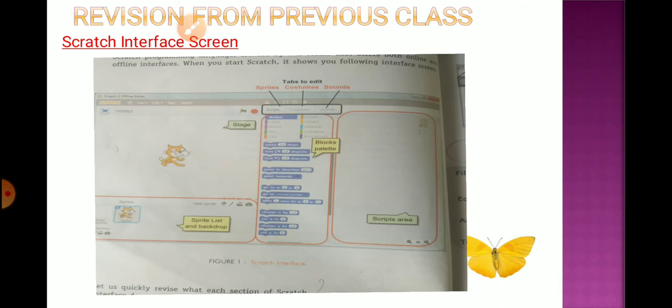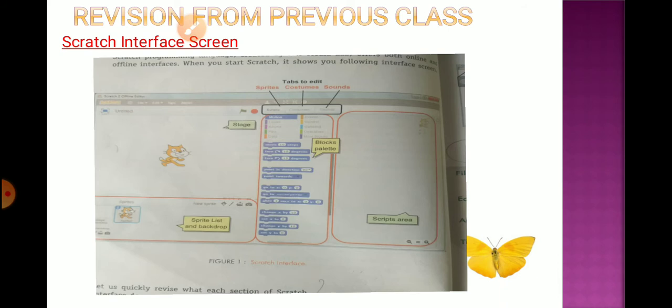So let us quickly revise what each section of the Scratch interface does. Our first element in the screen is menus and the toolbar. Yes children, the menus and the toolbars are at the top of the Scratch interface. Not only in the Scratch interface, in all interfaces you can see the menus and the toolbars at the top of the screen.